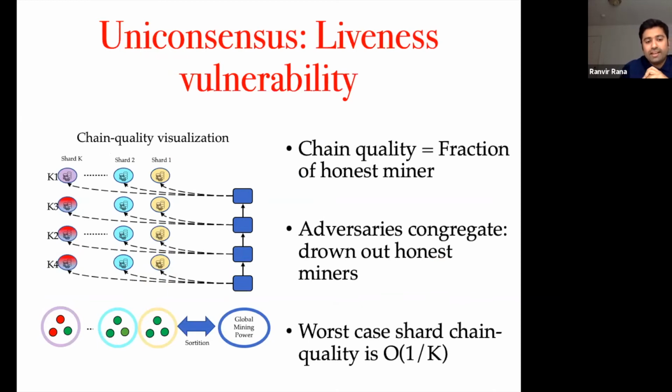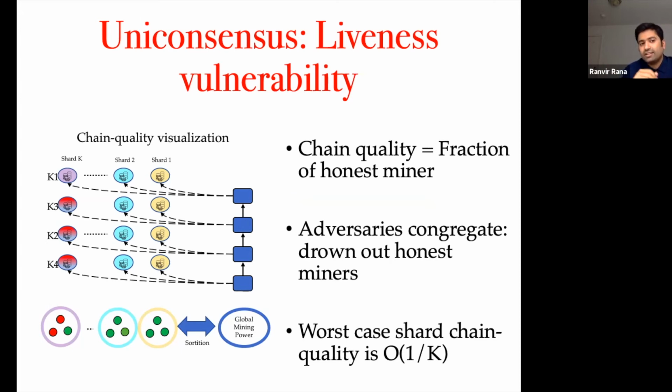Okay, so now we had safety properties. We are safe even if a particular shard has more adversarial miners. But you have a liveness vulnerability, which is if a shard has a high concentration of adversarial mining power, then most of the shard blocks proportional to the adversarial mining power mined for that shard will be mined by adversaries, and the adversary can effectively censor transactions on that chain. And because of that, it can lead to a reduction of chain quality in that target shard.